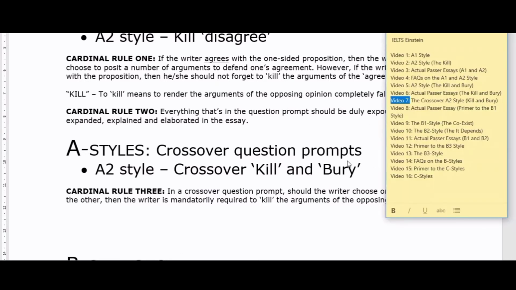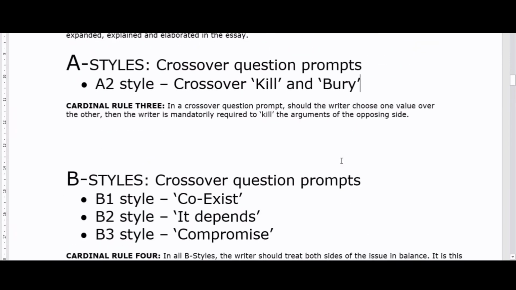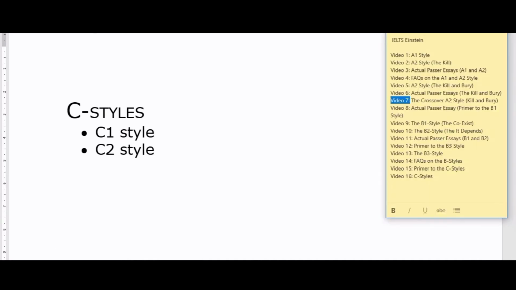So we are now going into the C styles. If you remember from the last video, that was in video number 14, I believe, the FAQs on the B styles, there was a very important question, which was asking how should you determine which of the styles is best to use for a particular question. And if you remember in that video, we only talked about the A1, A2, B1, B2, B3 styles and not the C styles, because the answer